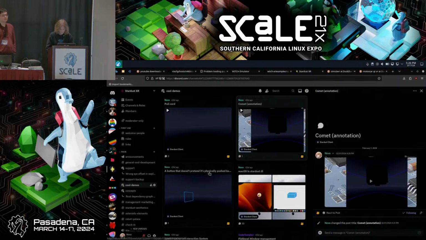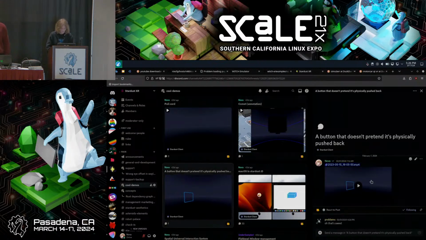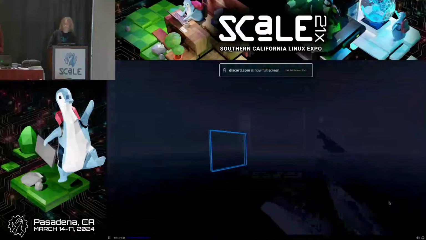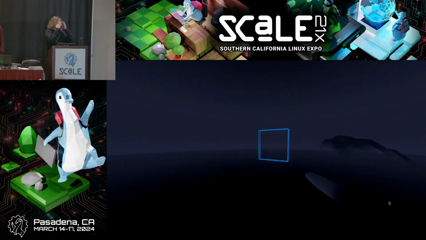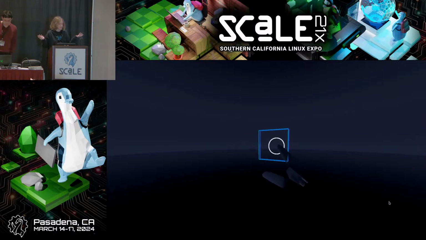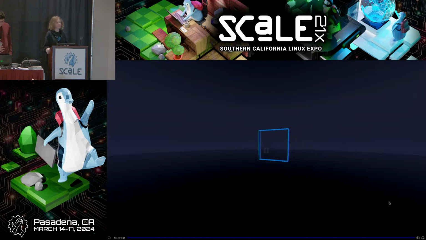Yeah, NVIDIA is breaking. Oh, here's a fun one, though. Being in open source allows you to design for things that are not really seen as that important. Like, this is a button that doesn't pretend to be pushed while you're pressing it. The only reason I was able to think about this is because I'd seen so many weird interfaces from open source.